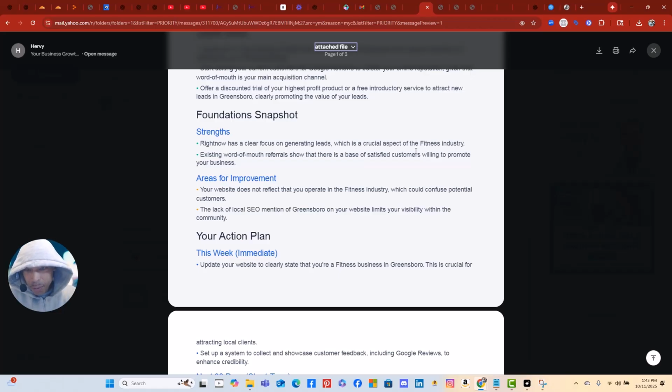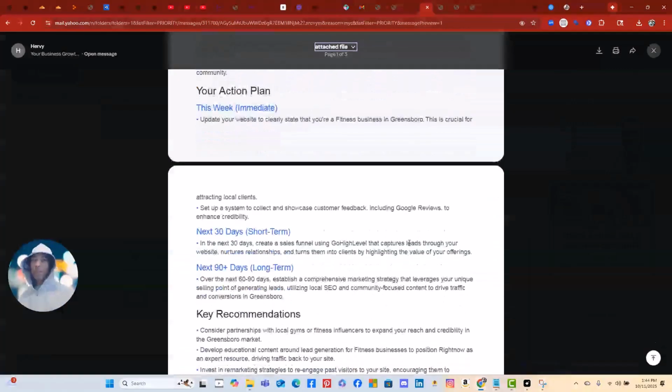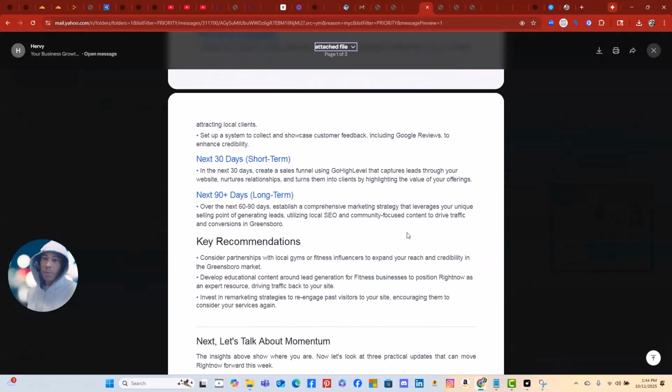Your action plan this week: update your website to clearly state that you're a fitness business in Greensboro. This is crucial for attracting local clients. Set up a system to collect and showcase customer feedback, including Google reviews, to enhance credibility. In the next 30 days, create a sales funnel using Go High Level that captures leads through your website, nurtures relationships, and turns them into clients by highlighting the value of your offerings. Next 90 days,